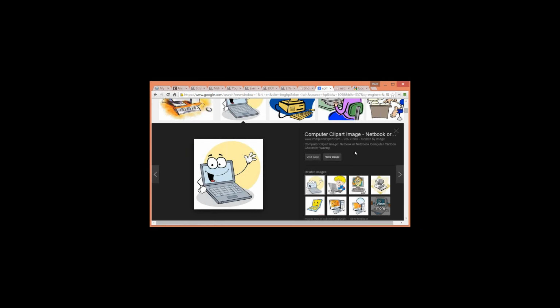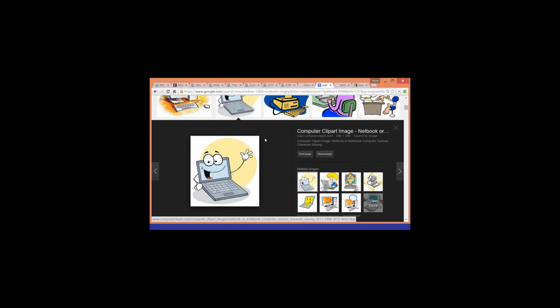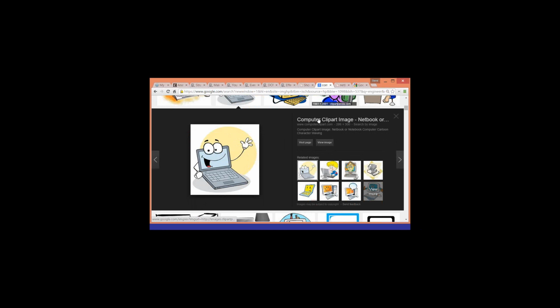So that was pretty easy to just go ahead and plot that image in. I'll show you how I got this. I went to Google, I Googled computer clip art, and I clicked on this one, and I clicked on the image. I clicked View Image here, and so when I got to the page, this is what I got when I clicked View Image, and then you can right-click and click Copy Image URL. And that is perfectly good enough to paste into your code,